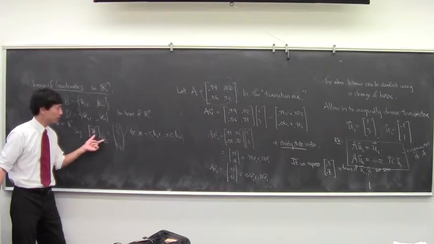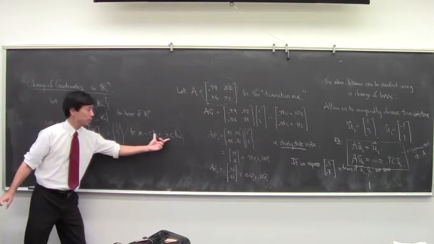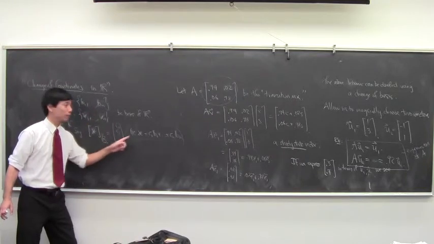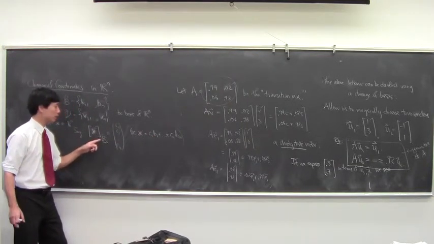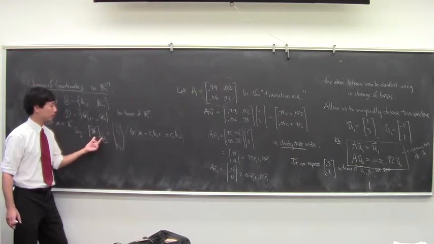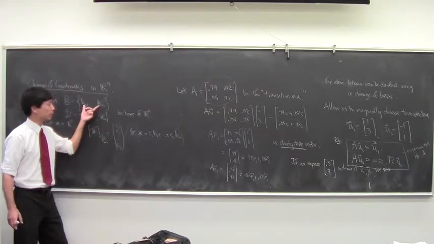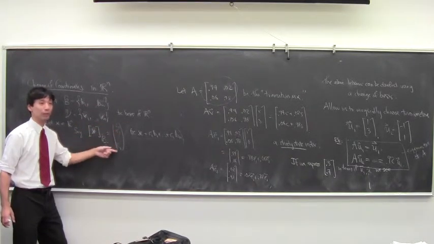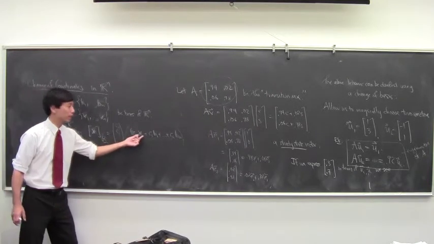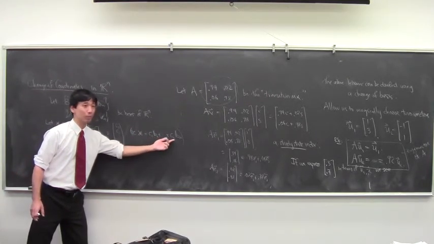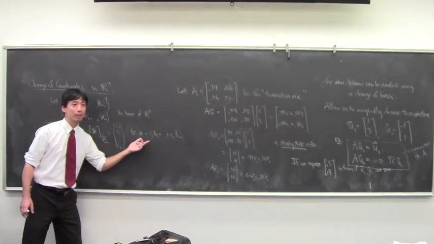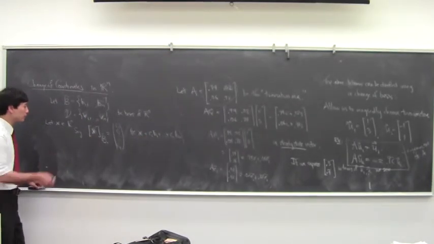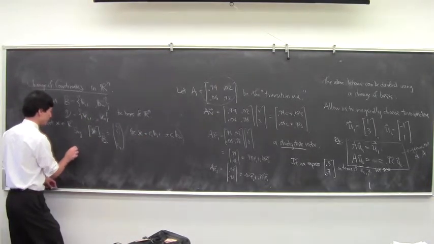What this means is that x is this particular linear combination of the b's. X is expressible with respect to the b basis with these guys as the coefficients. In other words, x is c1 b1 plus and so on, uniquely. Suppose we know that, and we'd like to know